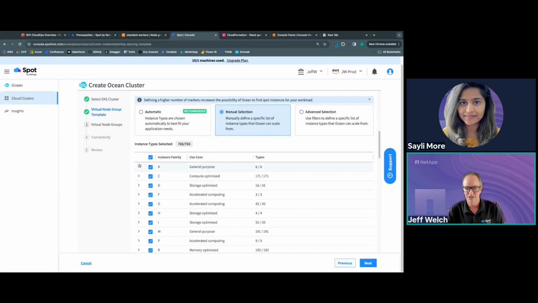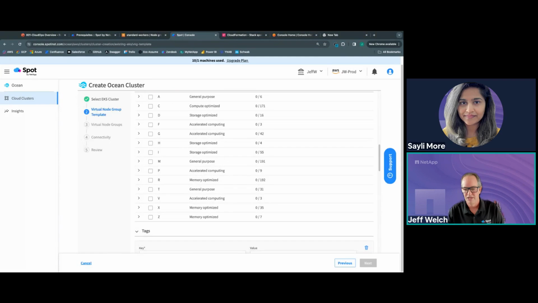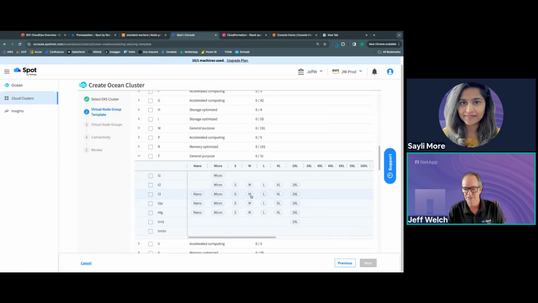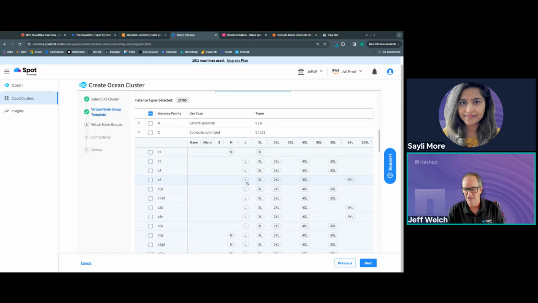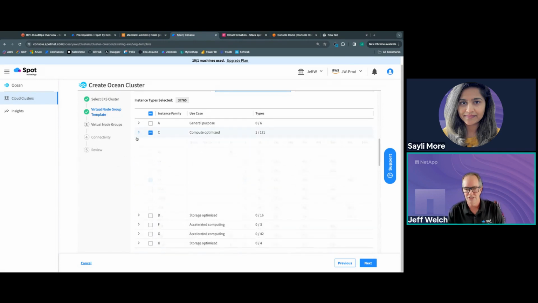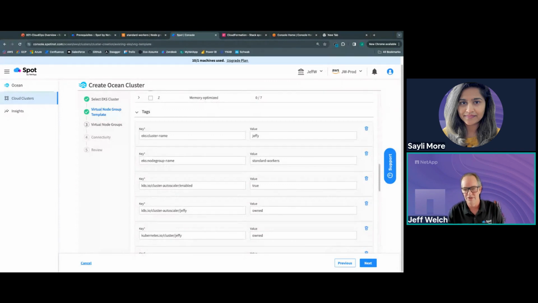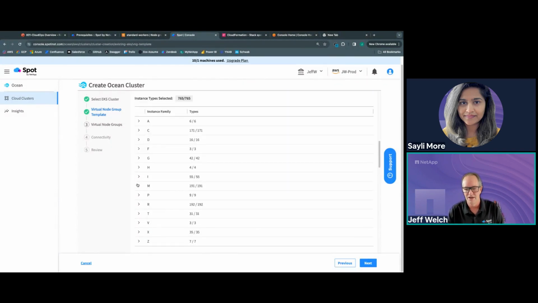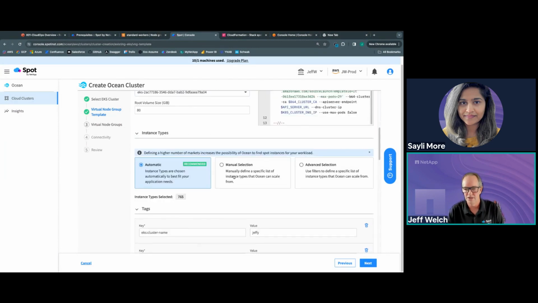So I'm going to say, you know what? I'm going to make it very simple just for our workshop. I'm just going to do some T3 mediums and larges. I'll grab some C5 large and just keep it real simple just for illustration. And by the way, you can also select based on,